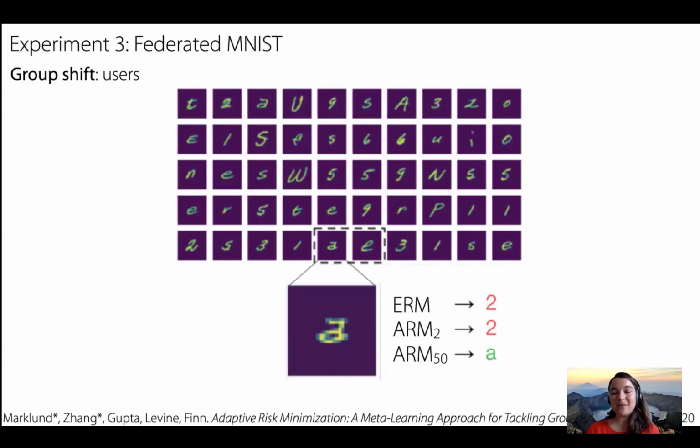And we find that ERM incorrectly classifies this as a 2, especially because 2s are actually overrepresented in the data set compared to lowercase a's. Adaptive risk minimization, when only given the one image in the dashed black square, also outputs a 2, whereas when given 50 unlabeled images, ARM is able to effectively and correctly classify this as a lowercase a.